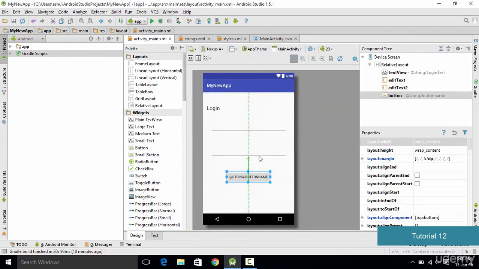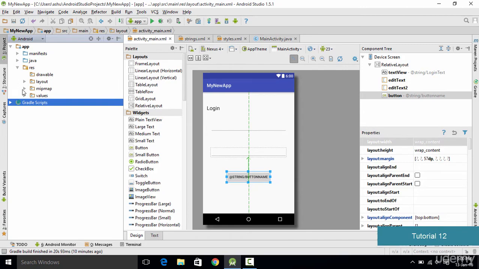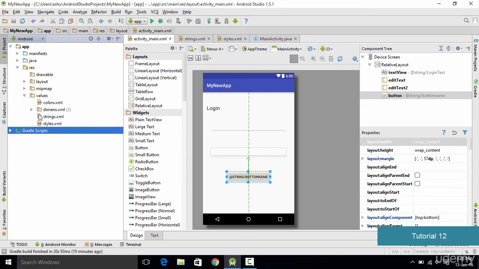Now all the resources related to our Android application are stored in this app folder. If you click on the app folder, there is a folder called resources, which is going to hold each and every resource required for our Android application. If you click on it, you can see that we again have a folder called values, and if you open this values folder, you are going to get an XML file which is going to store all the strings for us.